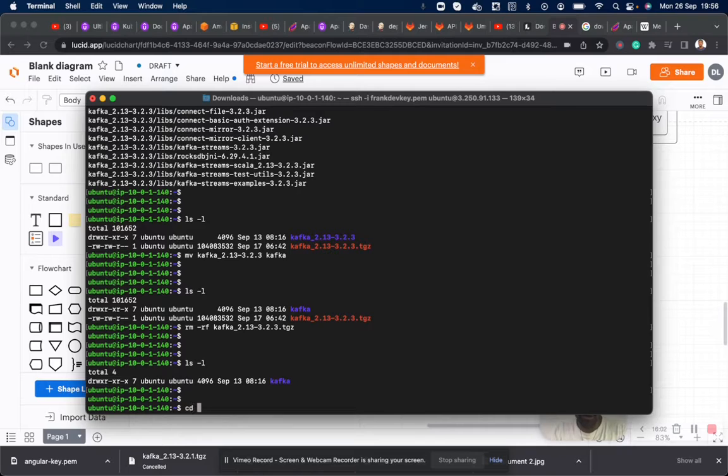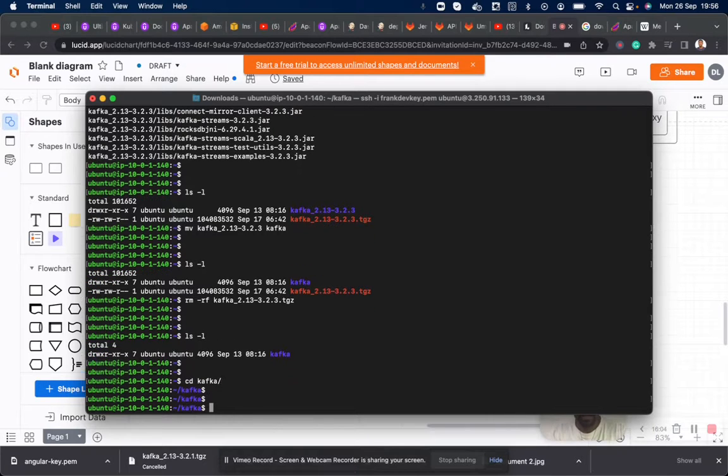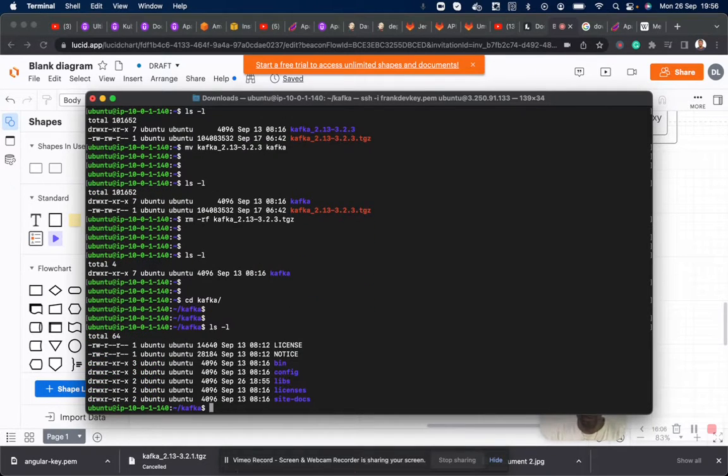If you go into Kafka, you should see five directories. Of these five directories, just two are mostly important: the bin and the config directories. The bin is where you have all your binary files.